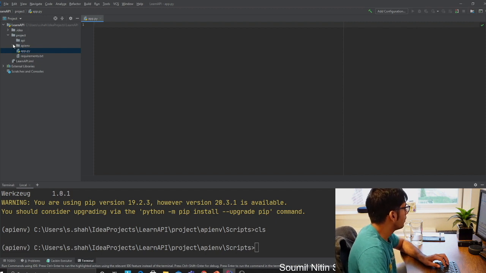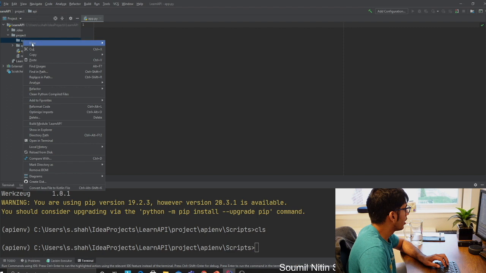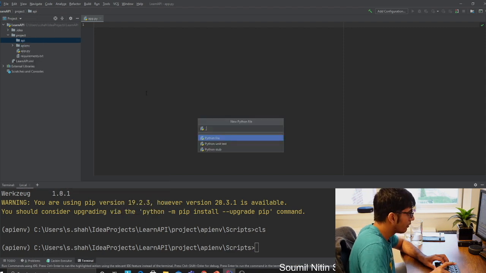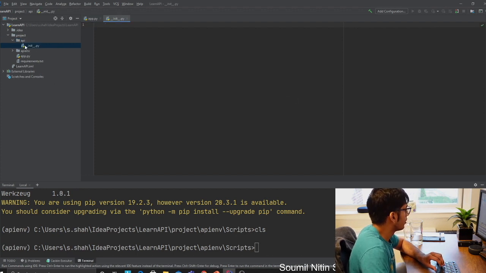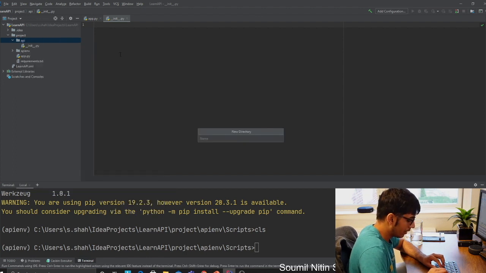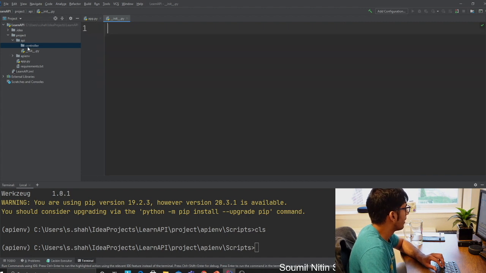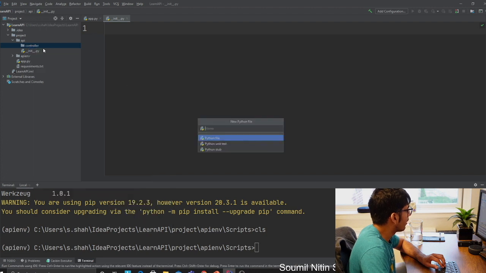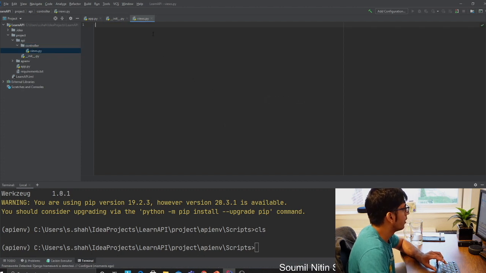Now, in this API folder, you want to create a dunder init file, which I'm going to be talking about. We're basically creating a package. Double click that so you can see that. Now we would create a directory here. Call this controller, right? So please make sure how I'm following the project structure. Then again I'm going to create a file in that controller, and this has to be named views.py. It's very important. So that's done.